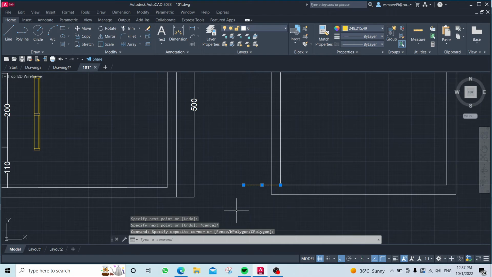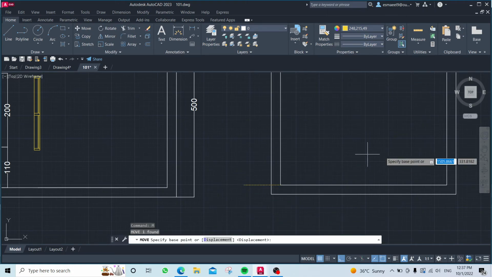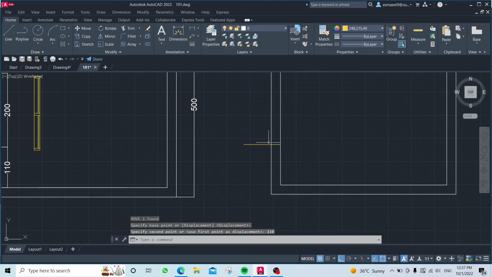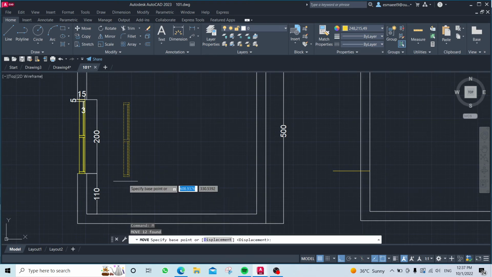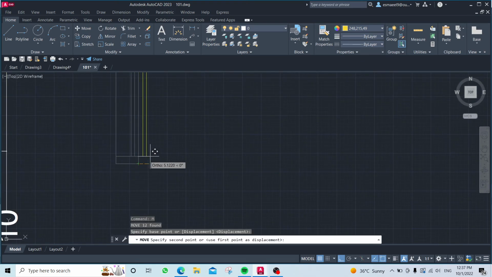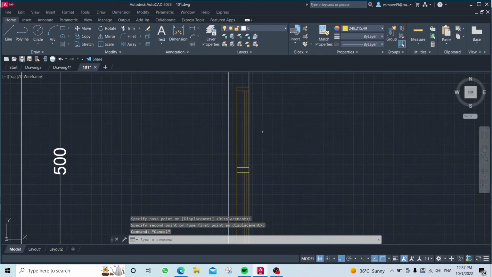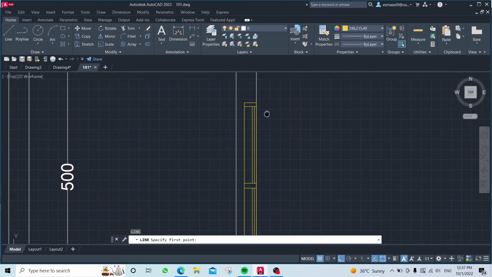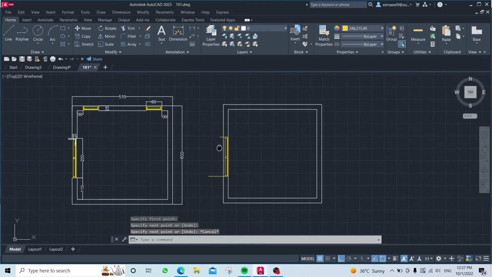select it. Since we talked about the move command, I will use the move command. I will click M for move, click space, click any point you want. From here, move up 110, space, this is the point I want, and I will just bring this window, M for move, click space again, zoom to this corner, click, move, put it in here, and now click another line, yes, draw a line like this,